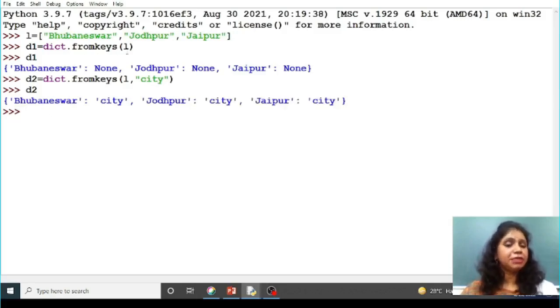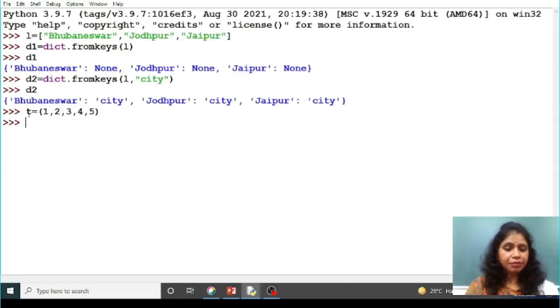That means fromkeys method is used to create a new dictionary variable from the sequence. So here my sequence is list type. Similarly you can declare other sequence also, suppose tuple. So this time tuple contains simply some numbers. Okay, tuple consists of some numbers. The numbers are 1 to 5,